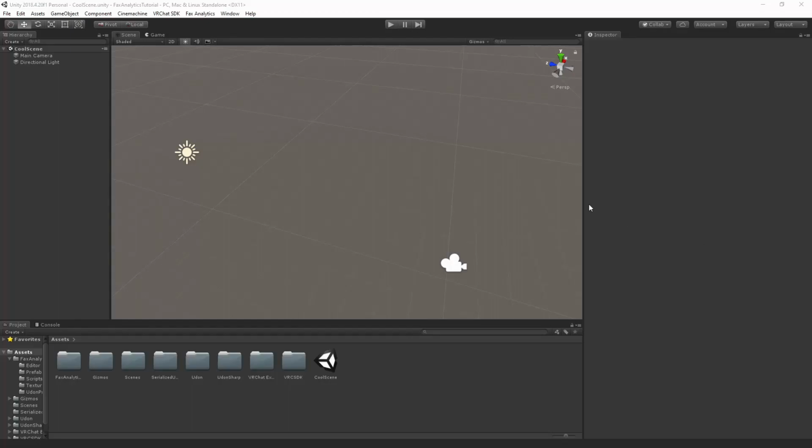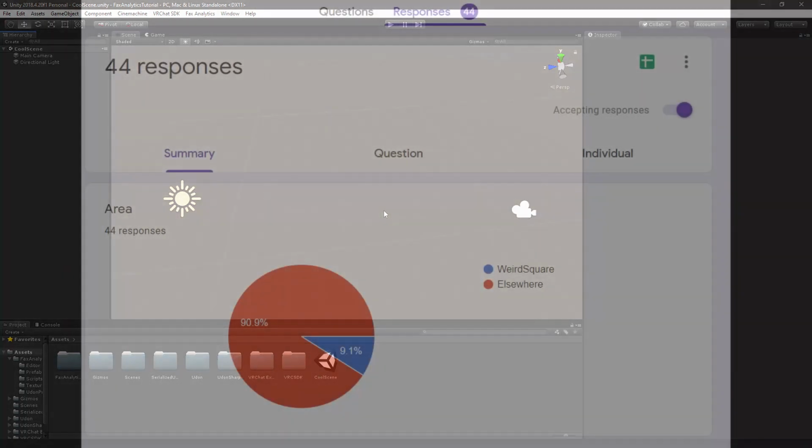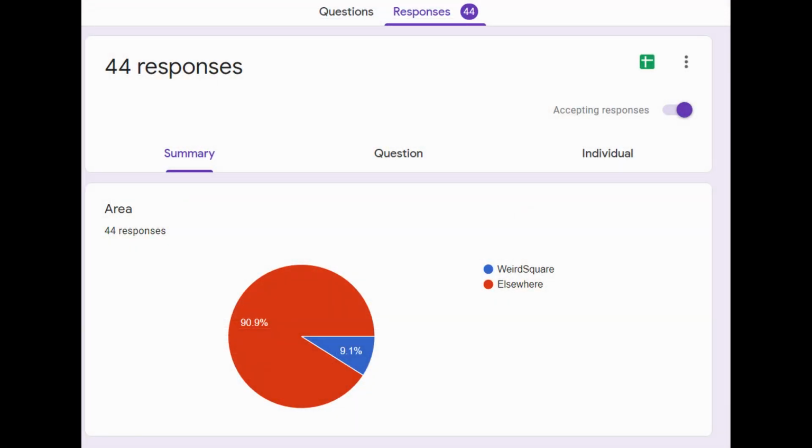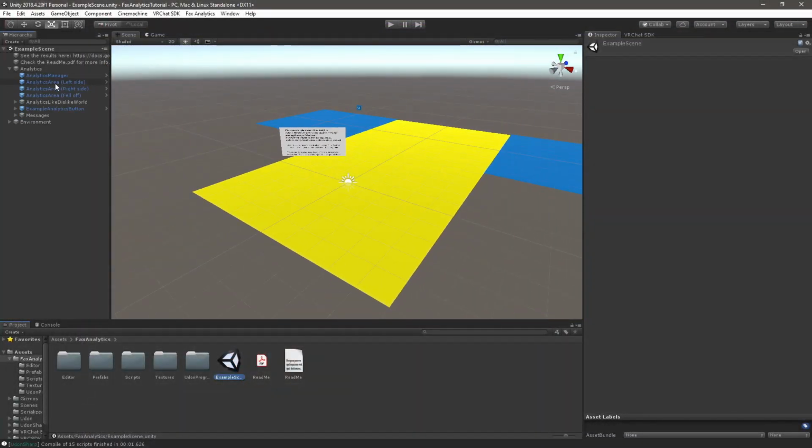Hi, I'm Fax, and I made a Unity package for VRChat which gives you analytics for your VRChat worlds. It basically lets you track what players do in your world exactly. For example, if there's a certain spot they like to hang out in, or if they have a tendency to fall off the map. In this video, I'm going to give you an overview of how to use the package,